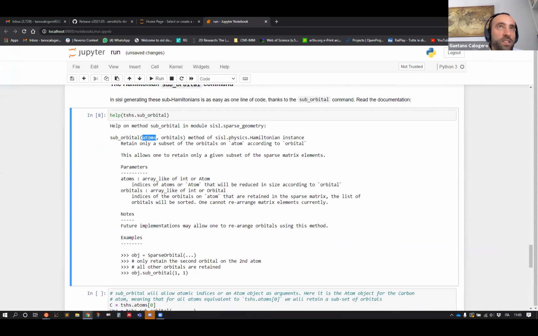Should be clear that we need to use as a first option in the command either an array of atomic indices, 0, 1, 2, and so on. In our case of graphene, we can only use, for example, either 0 or 1 or 0 and 1. 2, there's no atom with index 2 inside the geometry, so that would not work. So we can either use such an array, or we can directly provide the atom object, the Sisl atom object